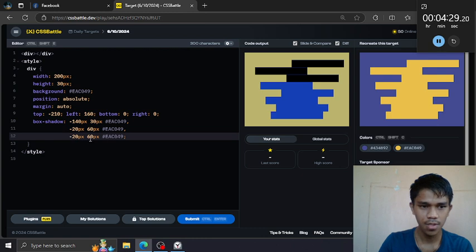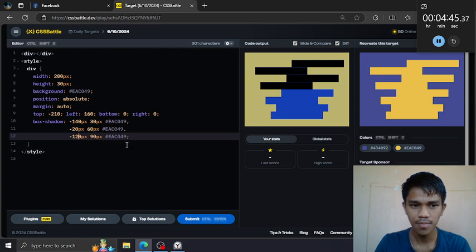And let's push this by 30 pixel on the bottom, and on the left this is like 100, 120. Yep. And then copy again.